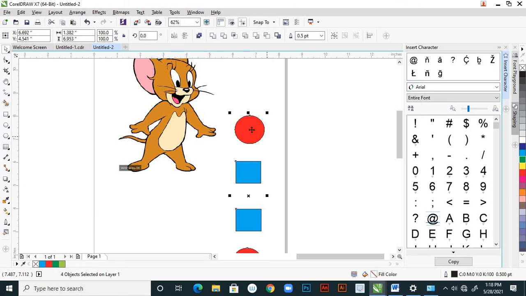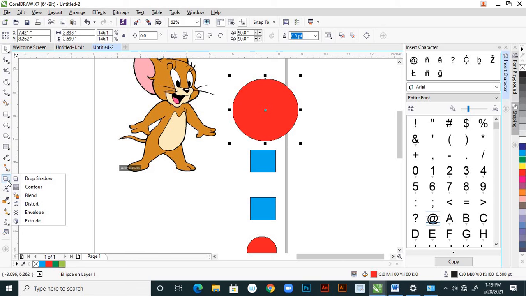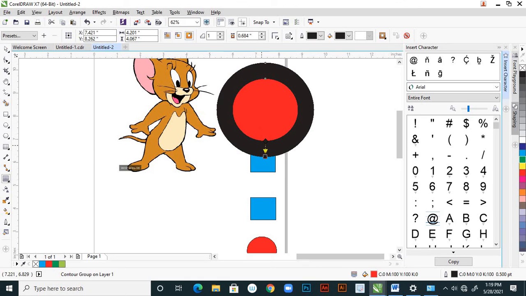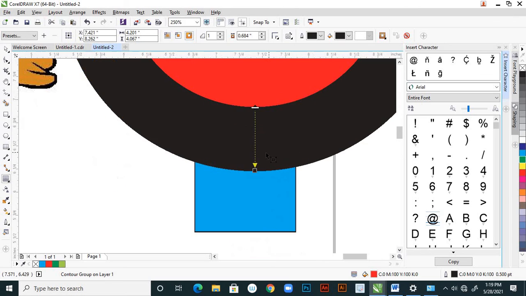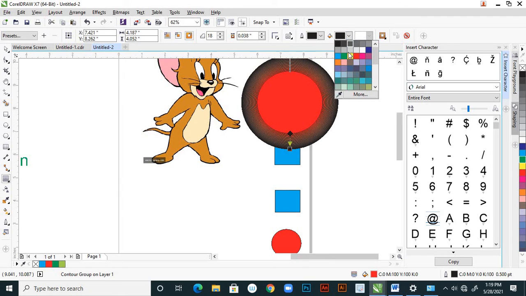so simple. Suppose this one can be made bigger, and here I want to use this contour tool, right? So here you can move this option here. Here instead of this black, use blue.